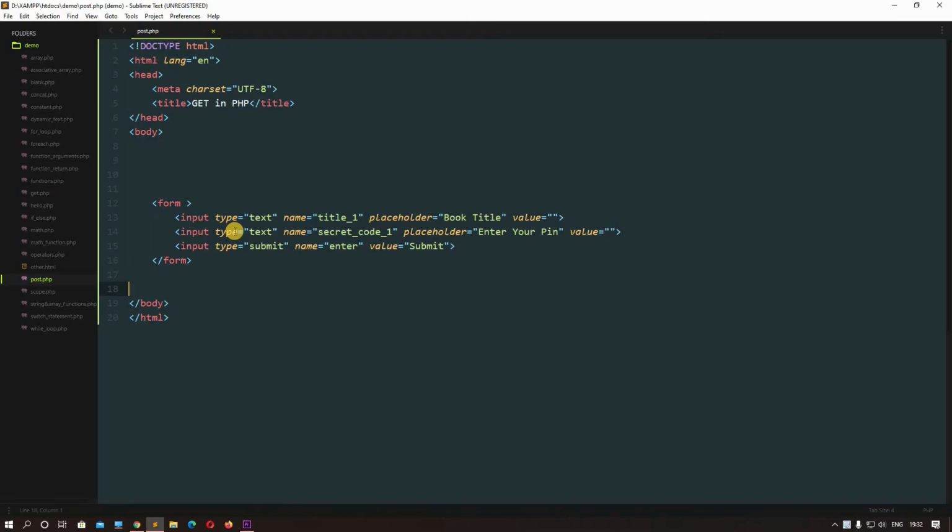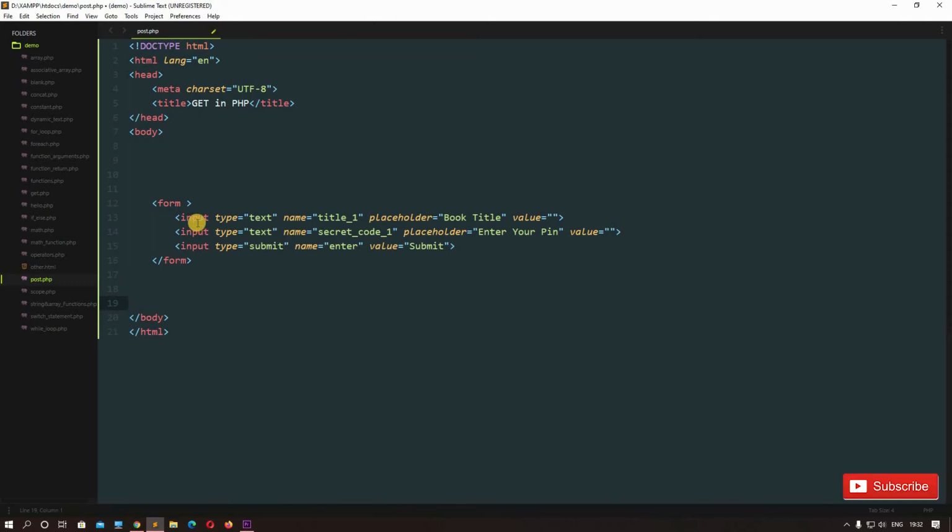So here I have created a new file post.php, and it's inside the demo directory, and that is inside our htdocs folder. Now here you can see a form. I have created the form beforehand because I think that you already know how to create a form if you are watching this lecture. So we will not discuss anything about how to create the form. Okay, we will talk about something else.